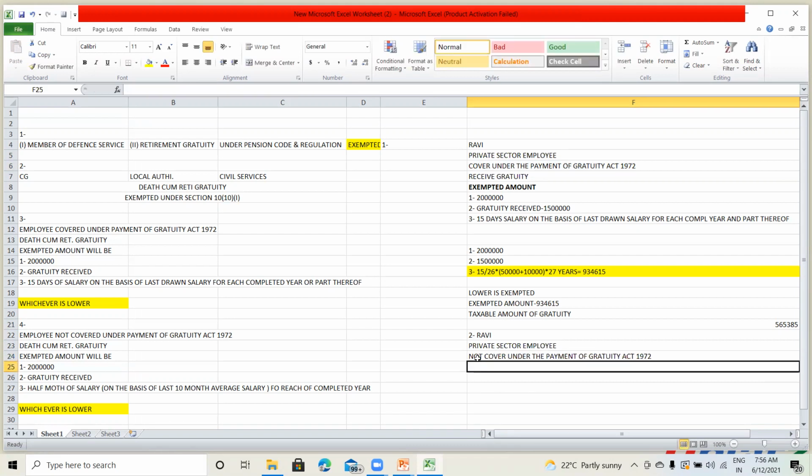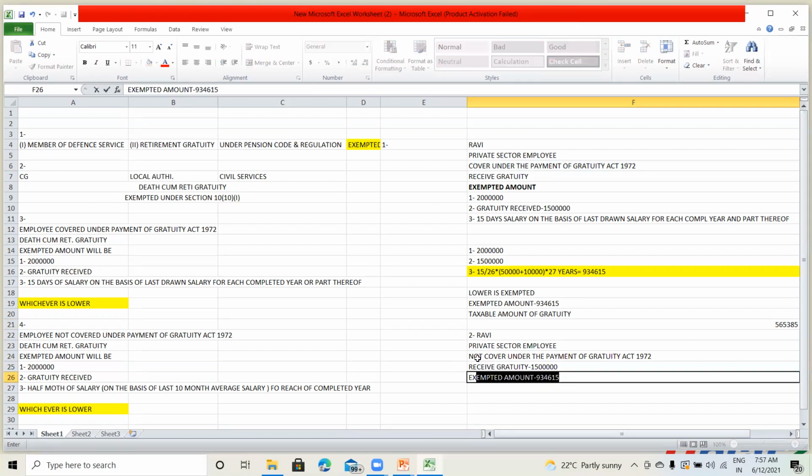He received gratuity of 15 lakh rupees. So the exempted amount of gratuity will be